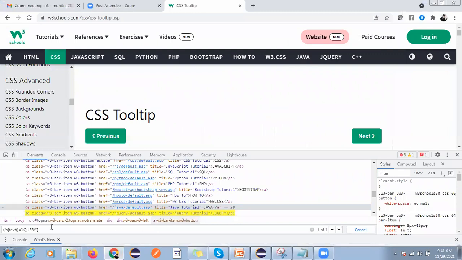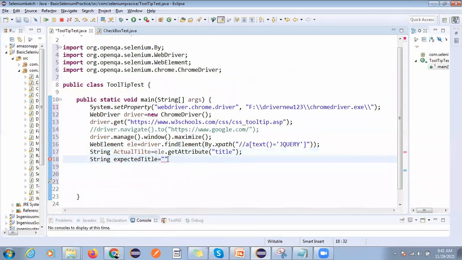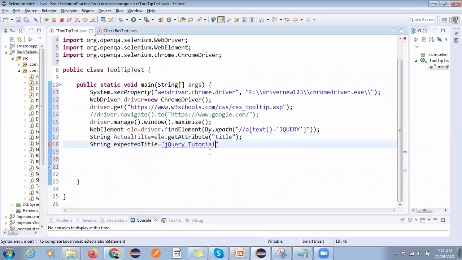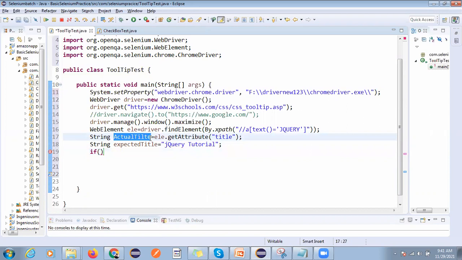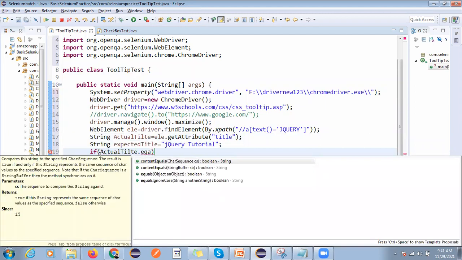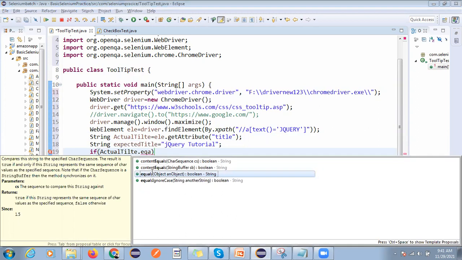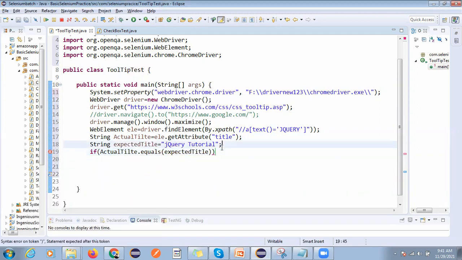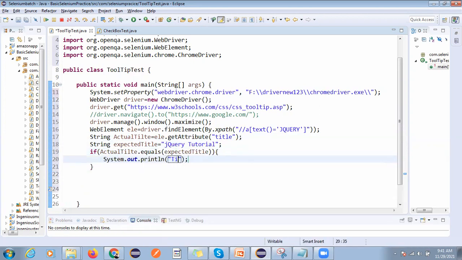Expected title is this value, right? This is our expected title value. And now same, we can use actual.equals(expectedTitle).